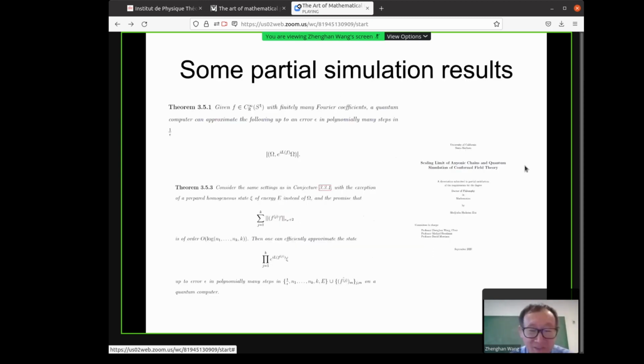And my student afterwards, Moji, wrote a thesis on this topic. So he progressed much more than in our paper. He also has some partial results. Again, you're not supposed to read the small font. Basically what I want to say is that he wrote a thesis. There are some simulations of partial results on both the simulation of the unitary evolution and the approximation of the correlation functions. And as I said, it's a very difficult problem to formulate. We are definitely not claiming this is the definitive formulation or the right formulation. It's just something to start with.